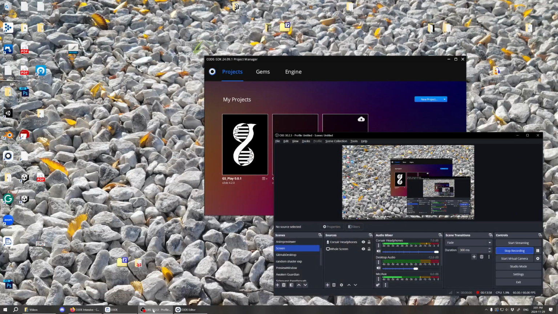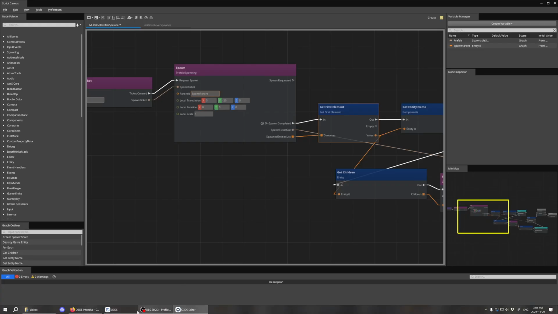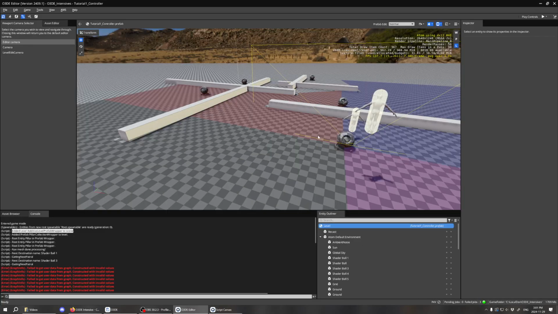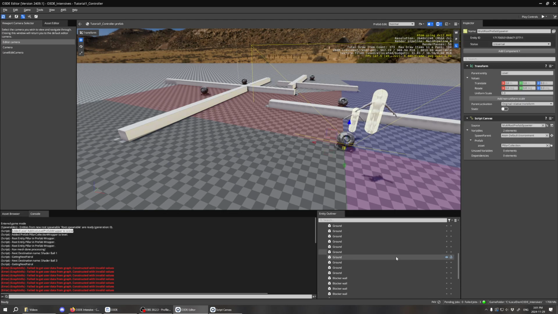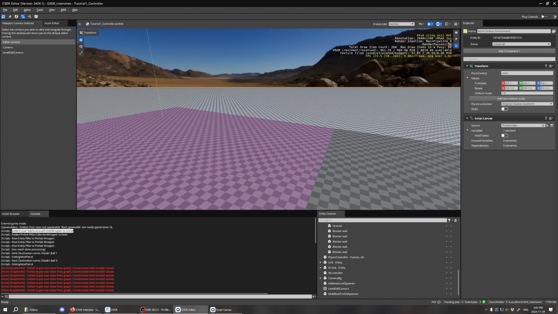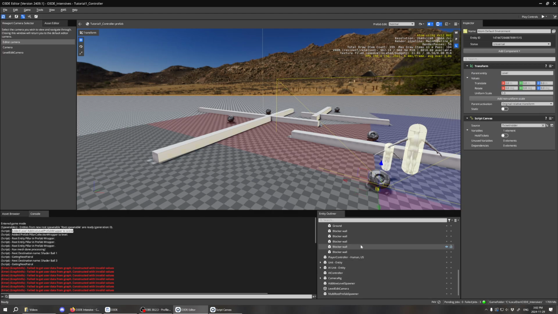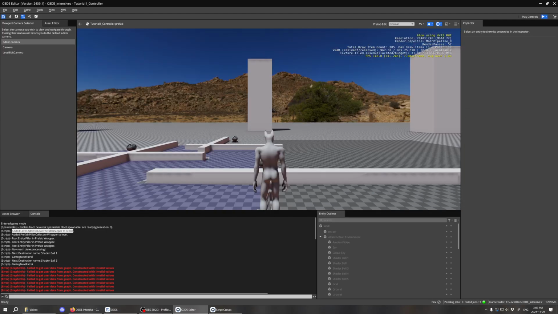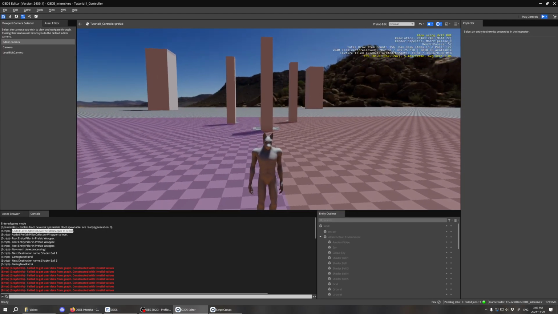This is set with our multi-root prefab to the Atom default environment entity here. It's just got our sun, our sky, our level, our ground, and stuff like that. Now the reason for this is so that if I delete my prefab spawner, I'm not going to delete the pillars inside of it, because the pillars are actually going to be inside of something else. So if I click play and we watch,